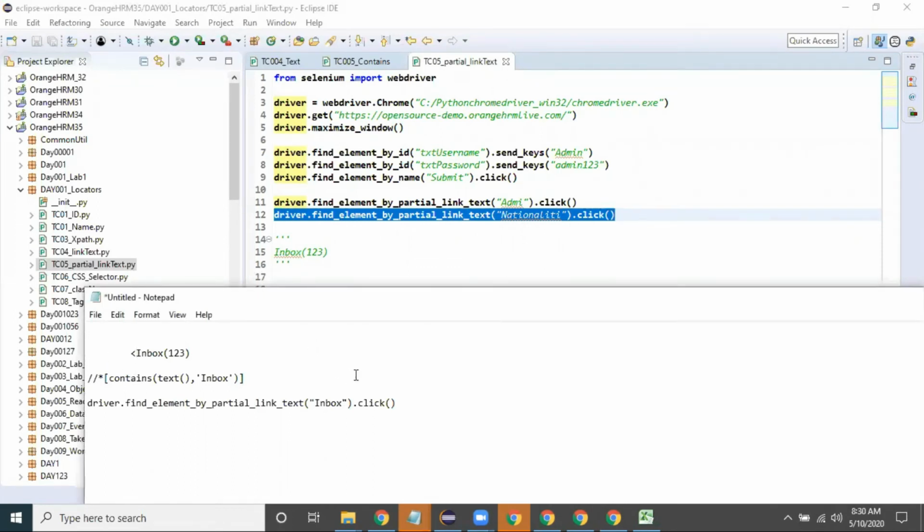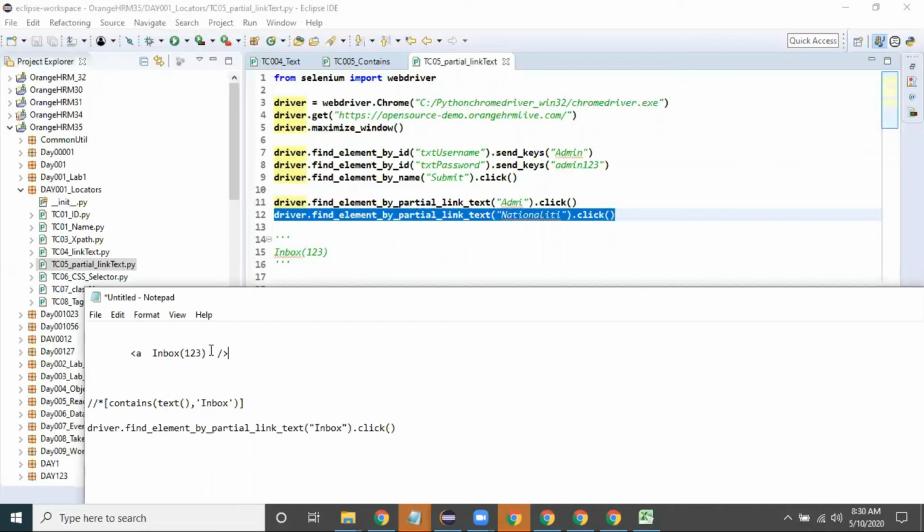So here previously the anchor tag is like this, so you have written partial link text. That's fine. But if my tag name is a span tag, span means a label name, other than the anchor tag, then I am not supposed to write this line. So what is the alternative?